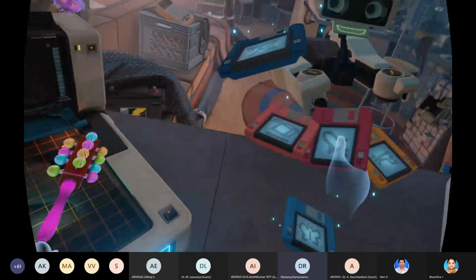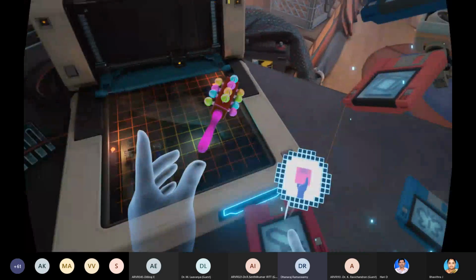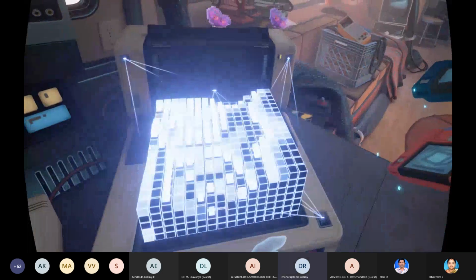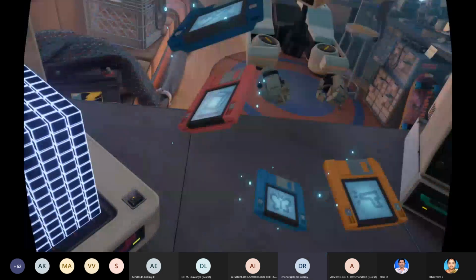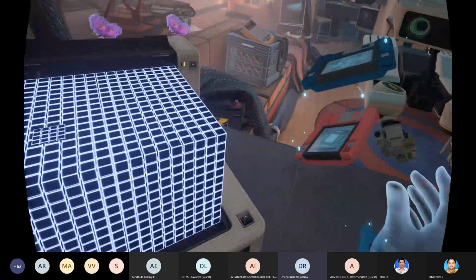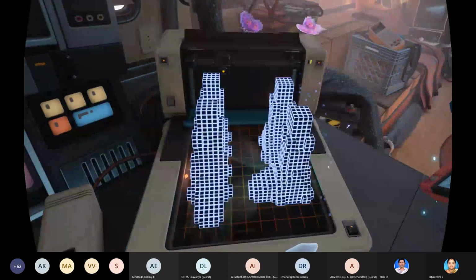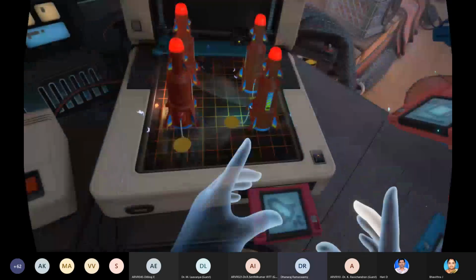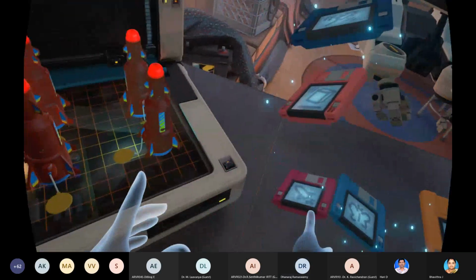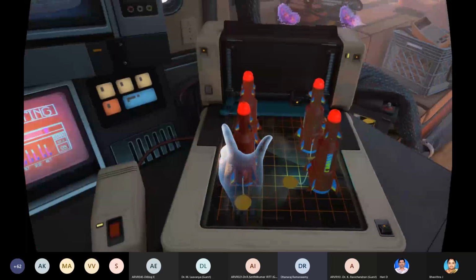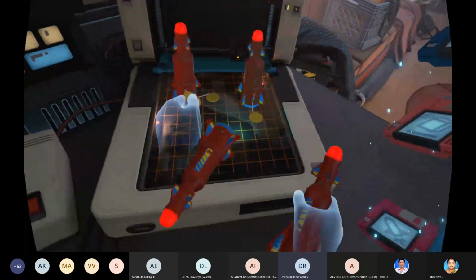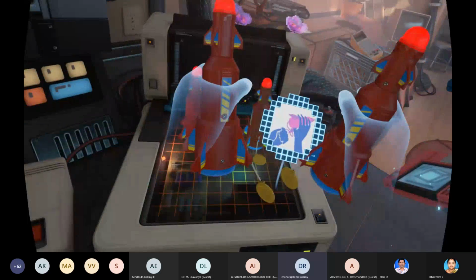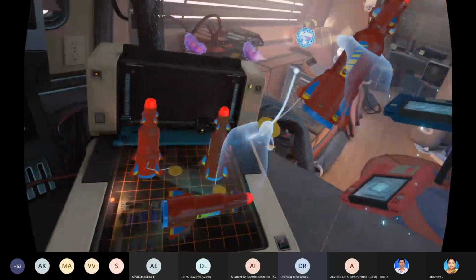It's giving me another floppy disk. See, now you can see that I am interacting like in the real world. I'm collecting the toys, with hand movement, leg movement, head movement.